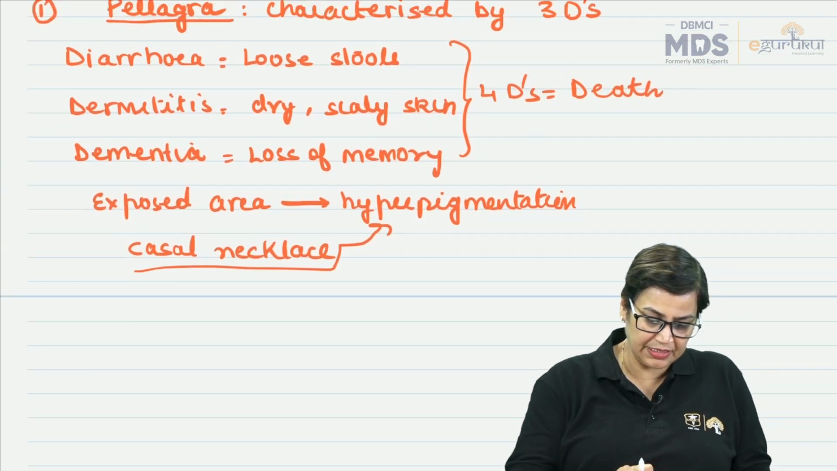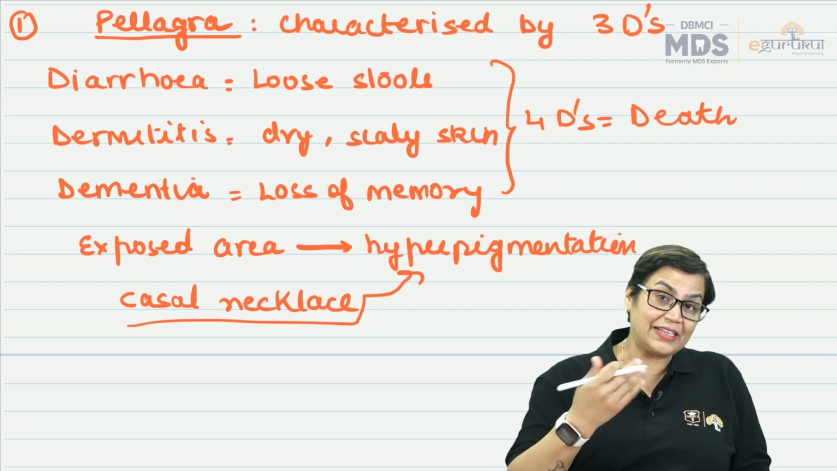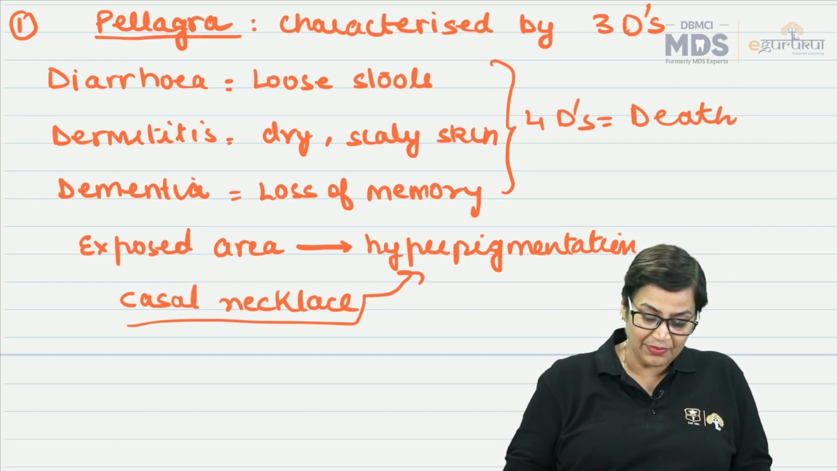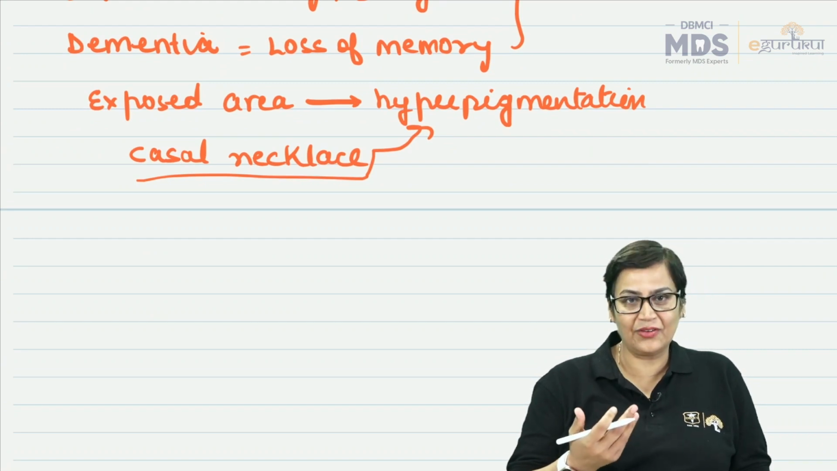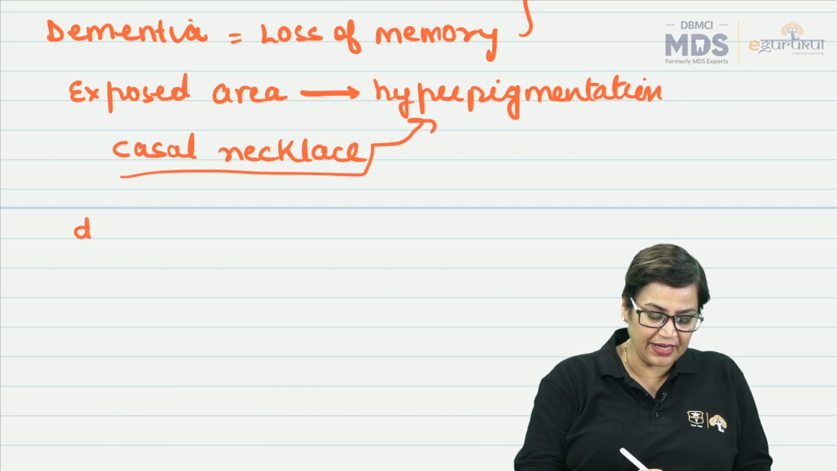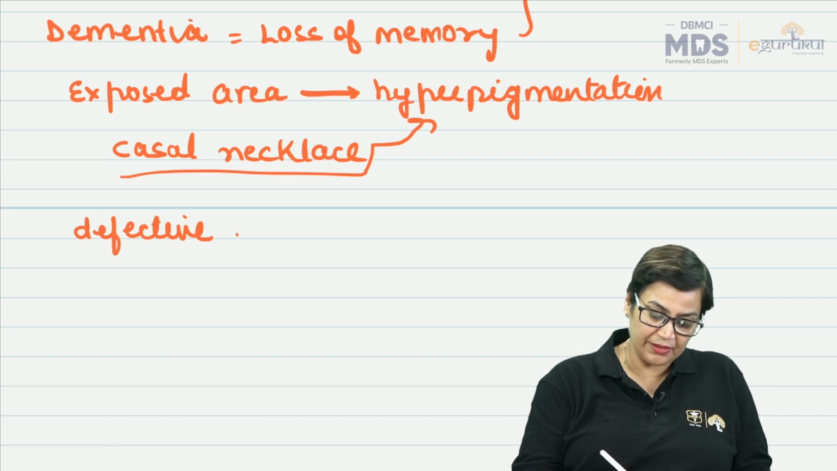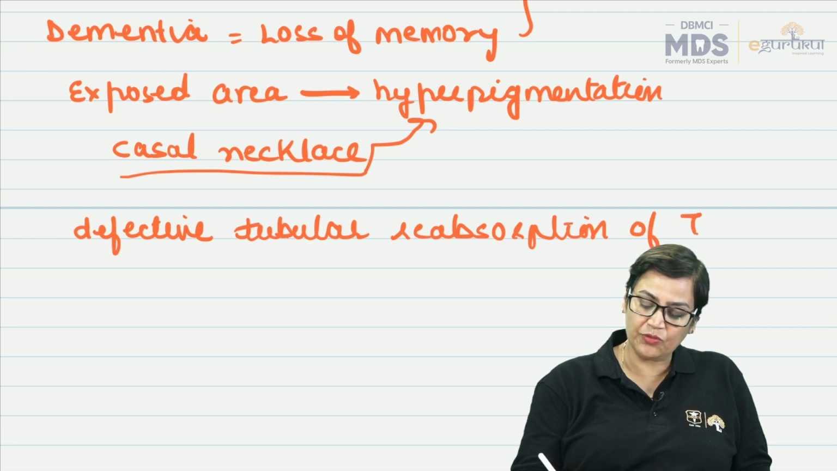This is pellagra. One more thing is there: what are the factors which can lead to pellagra? Now see, since niacin is synthesized from tryptophan, if there is defective tubular reabsorption of tryptophan,